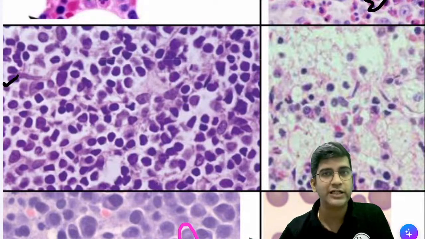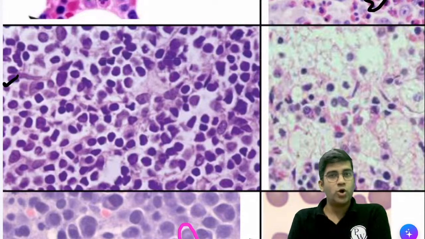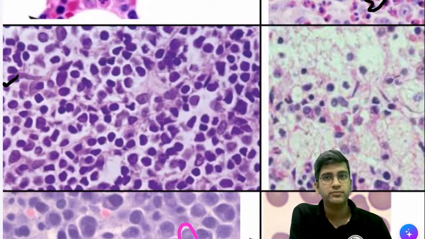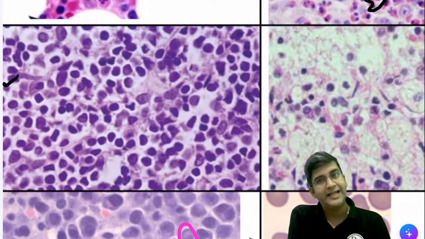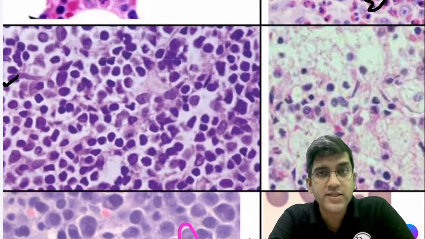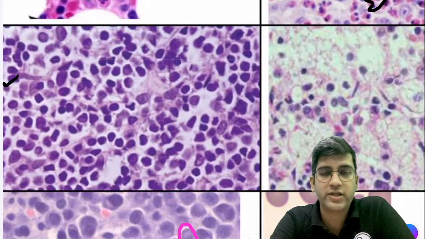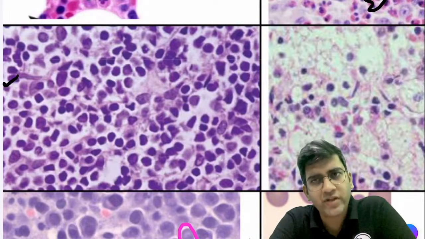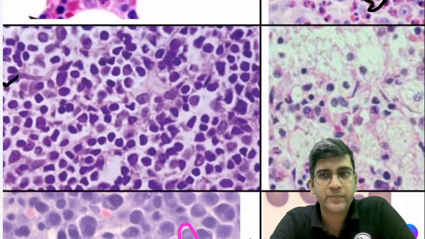I'll twist the question a little bit. Graves' disease, autoimmune or not autoimmune? Graves' disease of thyroid, it's also an autoimmune disorder, right? So can I say Graves also will have the same small round blue cells or lymphocytes? It will also have. So now tell me, how do you differentiate Graves' disease versus Hashimoto's thyroiditis? Both are autoimmune, both will involve the thyroid. How do you differentiate? It's a very easy way to differentiate.